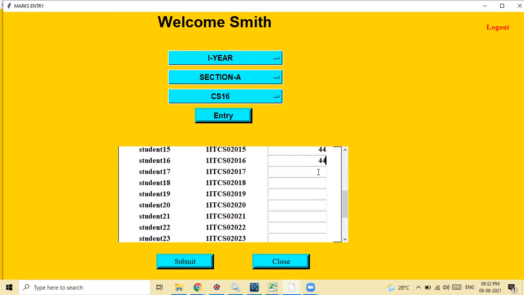In this way, all the faculties should log into their account and enter the marks for the subject which got allotted for them.